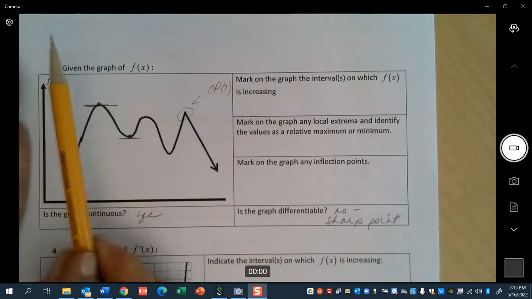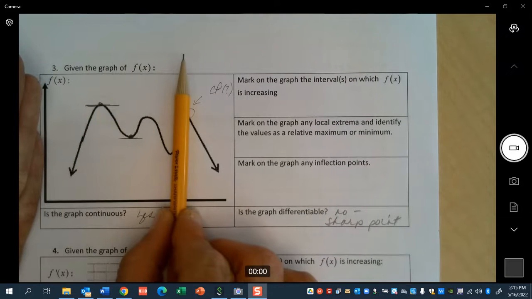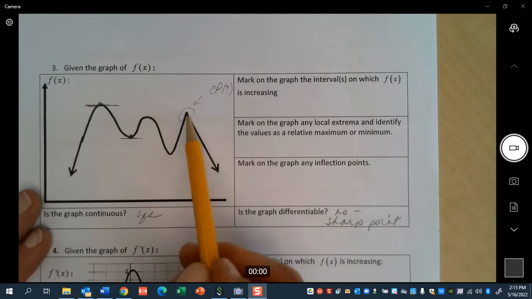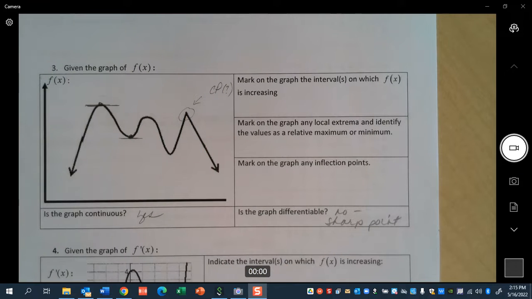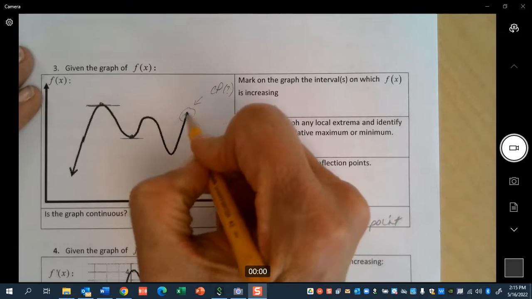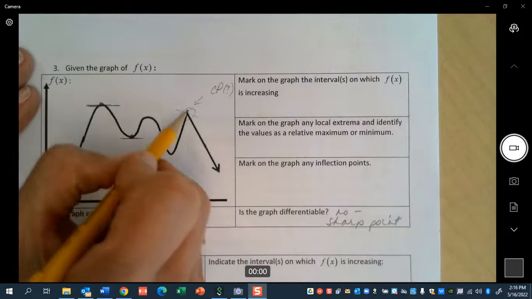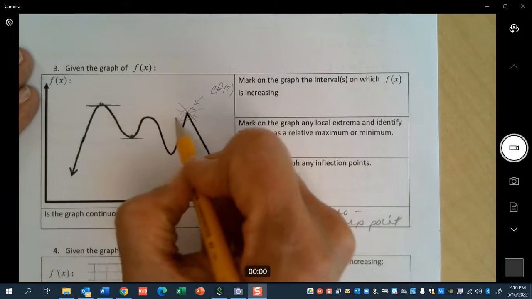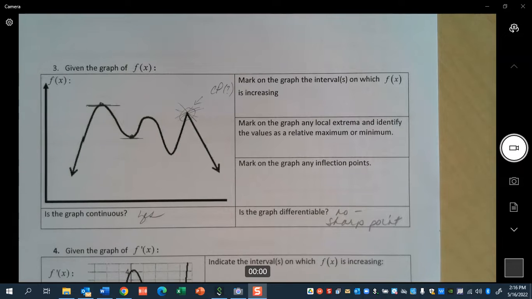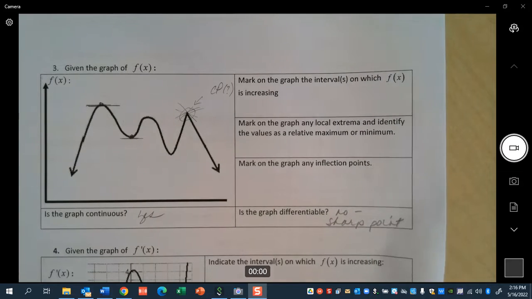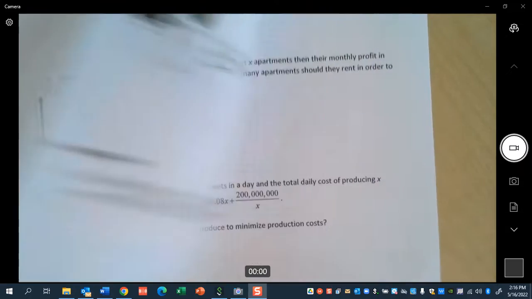So I can differentiate this graph up until here, but once I get to here, whatever tangent line, I want you to think about this as a seesaw, I can draw an infinite number of tangent lines on that point. So is it differentiable? No. All right. So now let's go back to